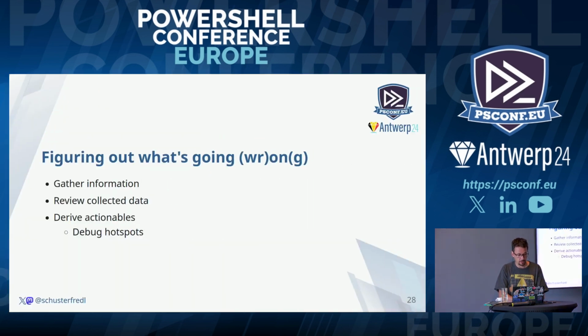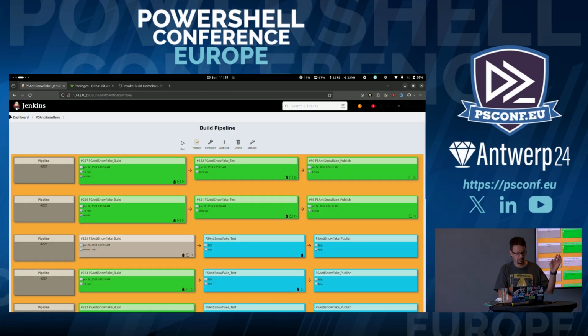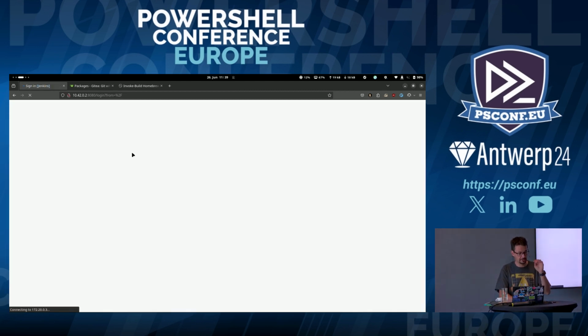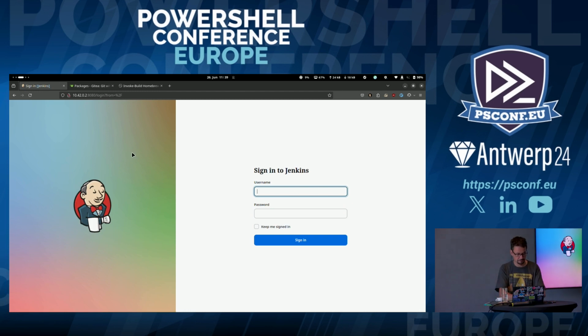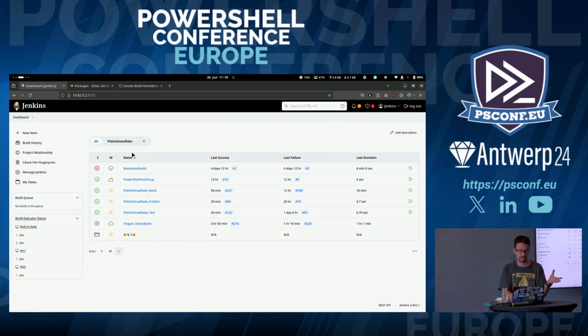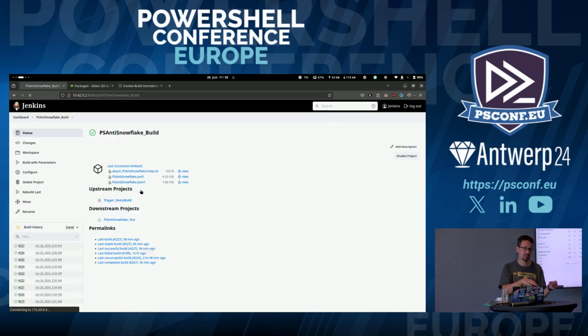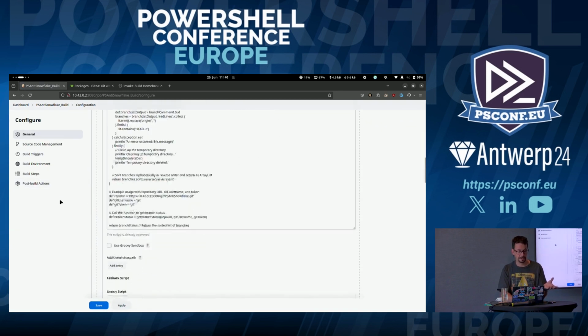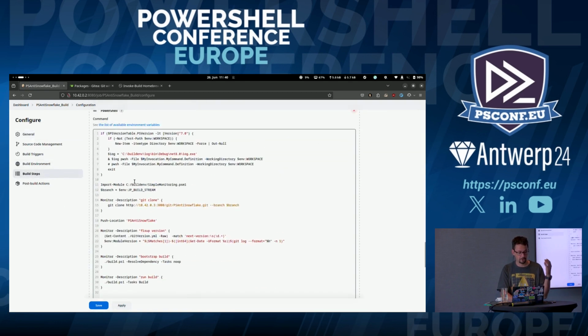So when we are dealing with a CI system, we can typically modify the way our builds are kicked off. So in Jenkins, it's fairly easy. Of course, we can use Jenkinsfiles, which are then hopefully in a source code control system. But for the sake of this demo, I just created some freestyle jobs, and I am able to actually modify the source code directly here. And what I did already for this demo is that